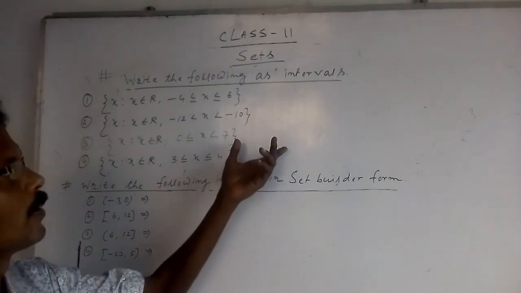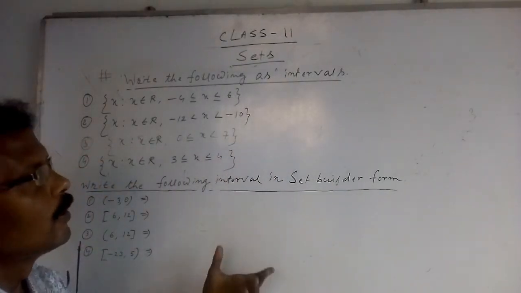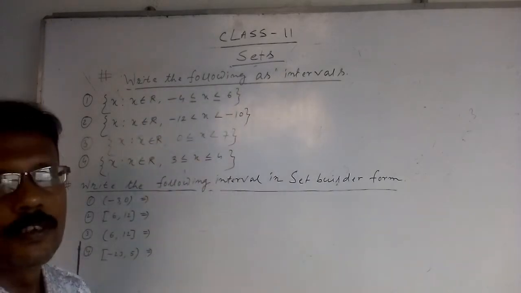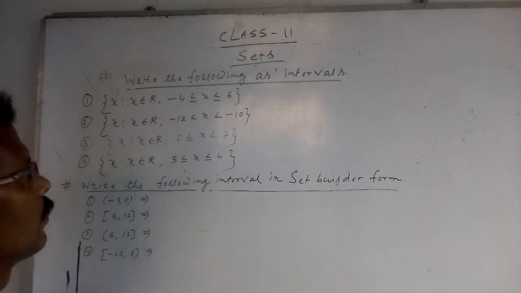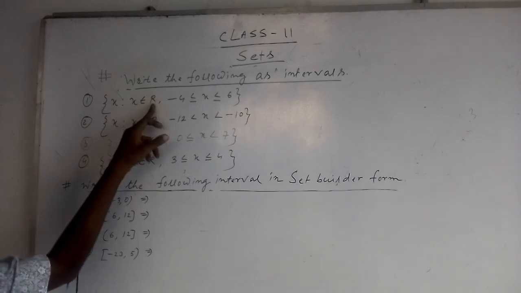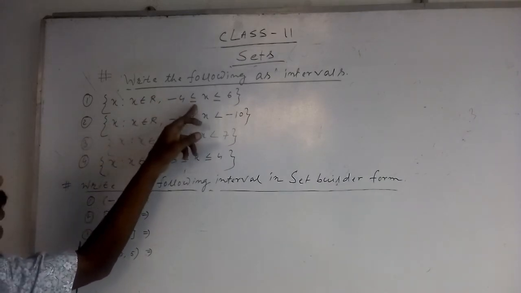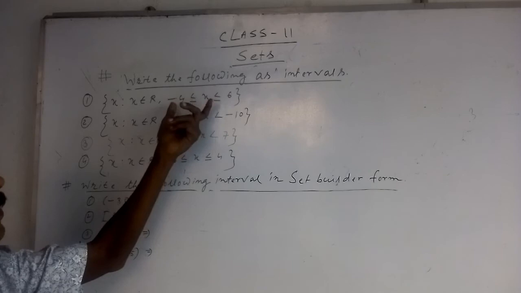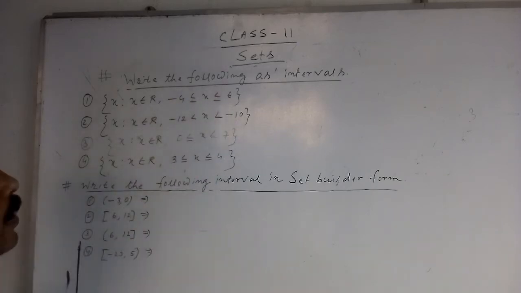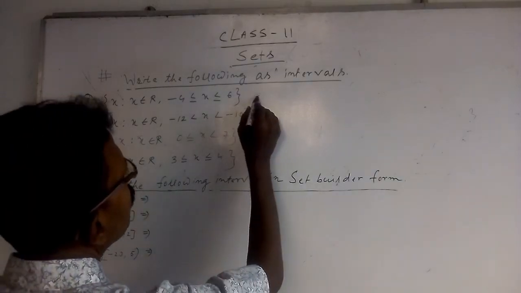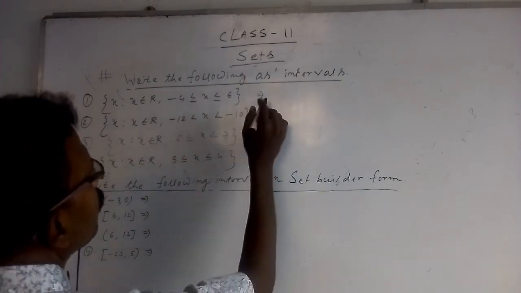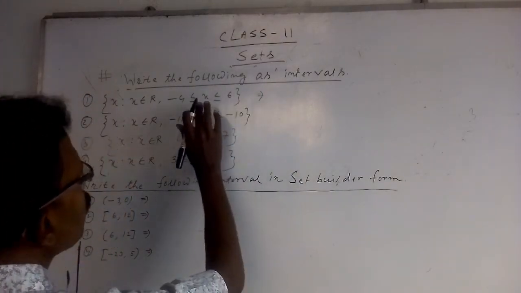Now there are some exercise problems. Write the following as intervals. The first one is x such that x belongs to set of real numbers and -4 less than equal to x less than equal to 6. That is, this is a closed interval, and you write, it is said that write the following as intervals. The interval is closed. Since it is closed,